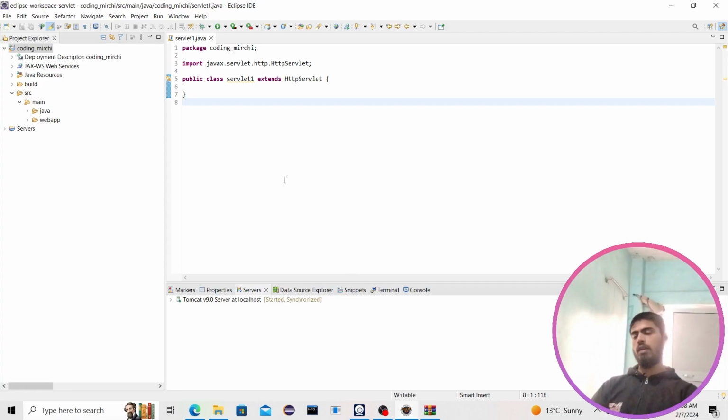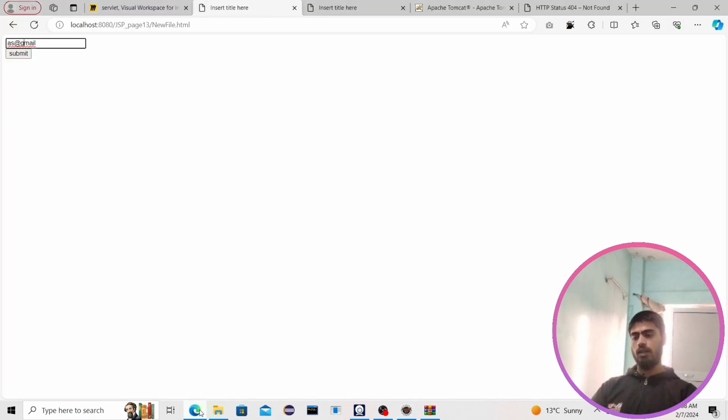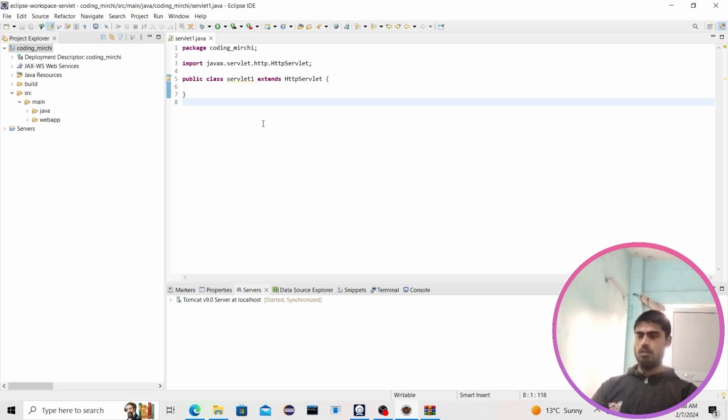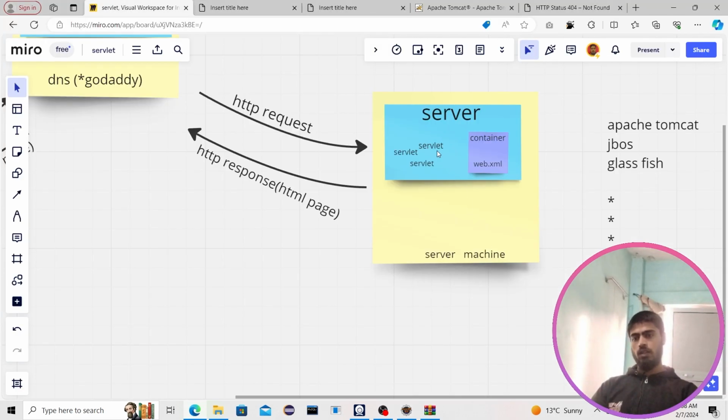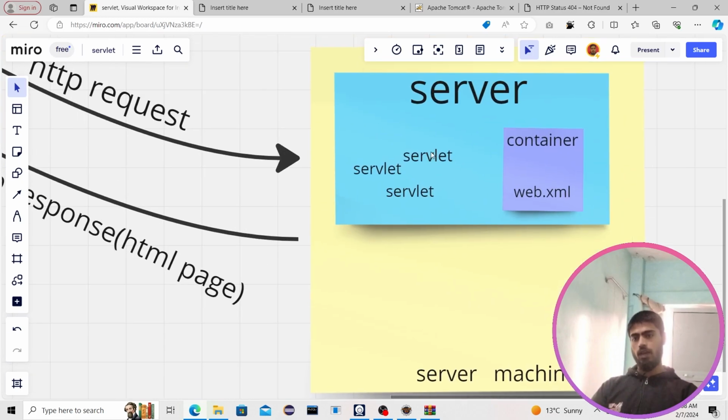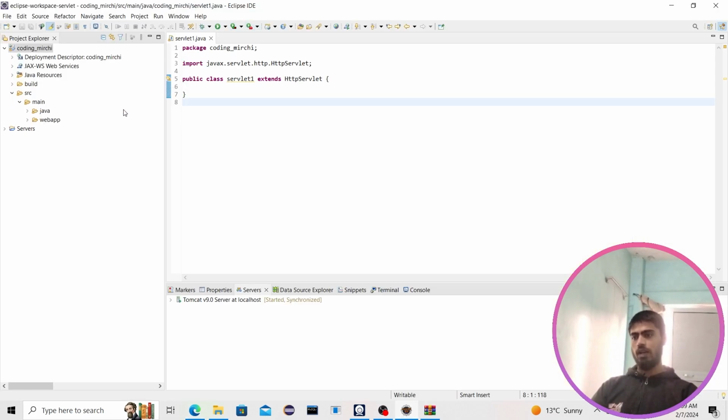Now as we have created our first servlet, it is time to extract the data that some client is sending from maybe some website or web application. So we have created our servlet, which is on the server. You can see here that we can create multiple servlets like this,